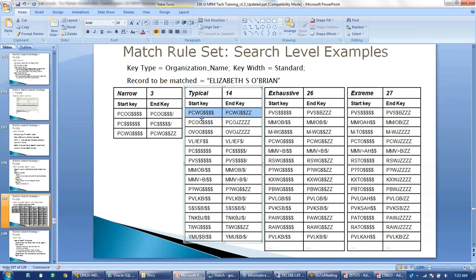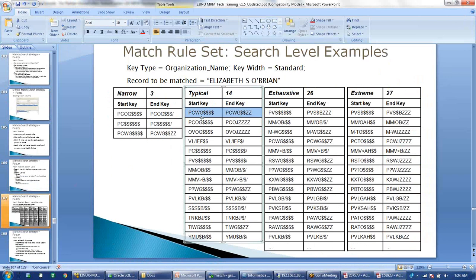For example, for typical, it has selected 14 start keys and end keys. Whatever new records I am loading, it will try to match within these keys itself. Similarly, if you take exhaustive, it will take 26 start and end keys and try to match. Similarly, extreme will take more.